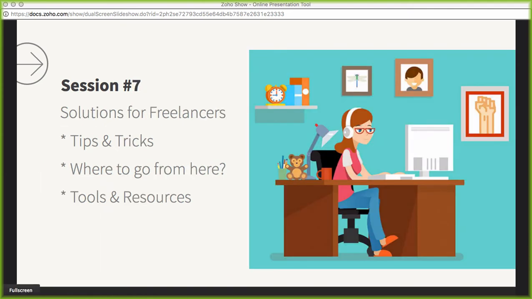Now, session 7, which is the final session, is really for those of you who are freelancers, who are working with clients, whether you are offloading work to virtual assistants, whether you are hiring and co-working with other freelancers. We'll be talking about tips and tricks, time management, tools and resources to use, how to continue to increase your skill level,